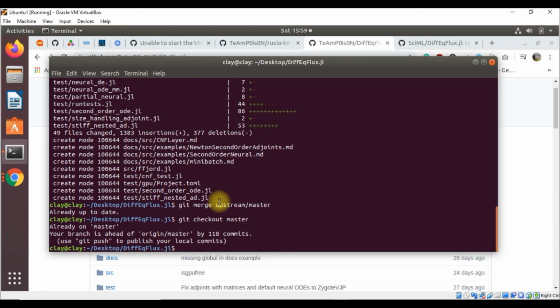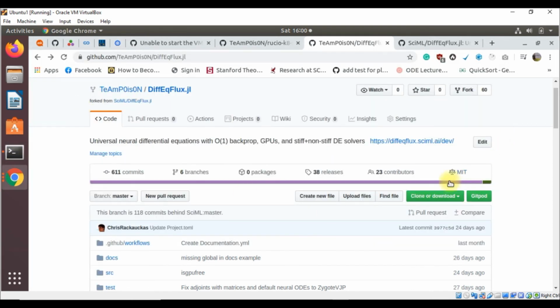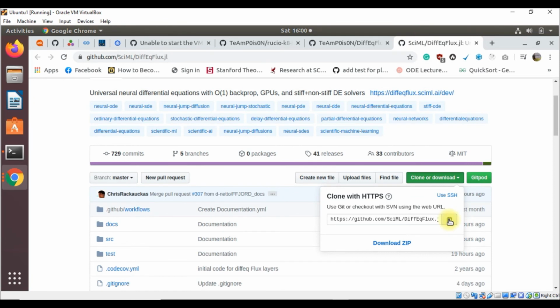So now we will pull the desired branch from the upstream repository. Desired branch means you want to pull only one branch's changes. You don't want to pull all branches, so you can just give this command, git pull, and here the original author's link.